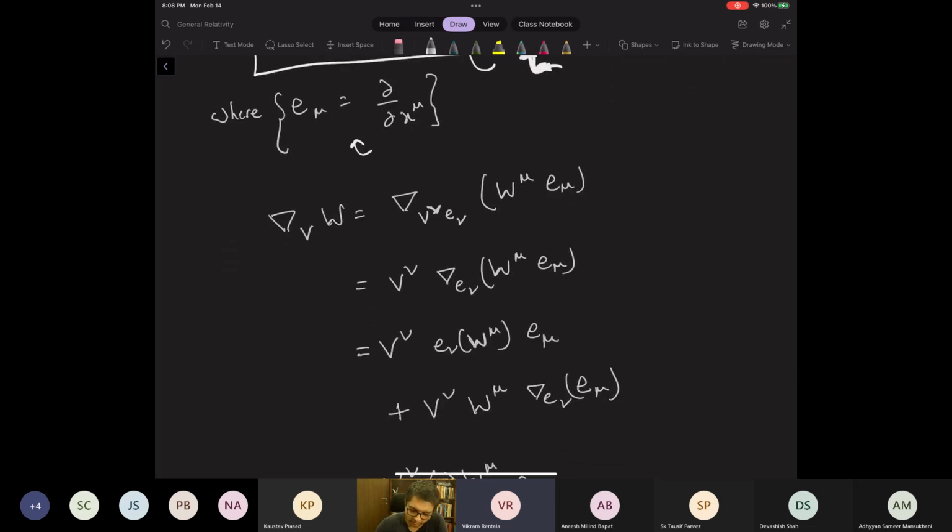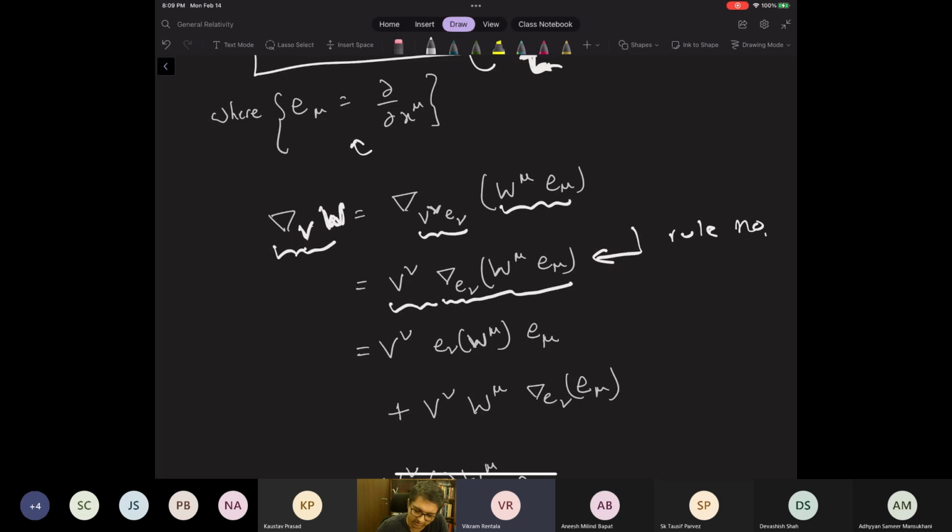Now we'll be more general and say, what is the rule if I take a general v and some vector w? Then again I can expand v in that basis, I can expand w in that basis, and now we can take v nu, derivative along the e nu direction. So this is coming from rule number